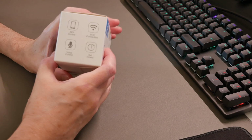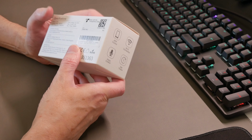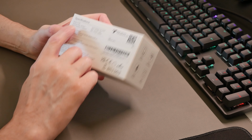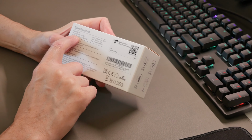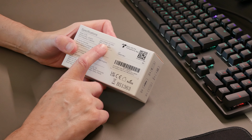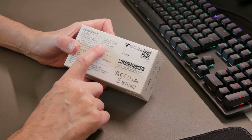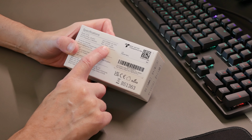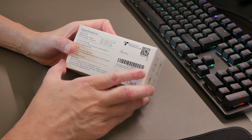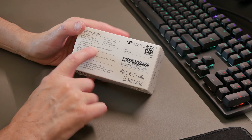So on the side of the box we get app control, Wi-Fi connection, set timers, voice control, and then we get the model number. So the model number for these are ET35. The working temperature is between -20 and +50 degrees Celsius. The input voltage is between 100 and 230 volts AC. The maximum current is 13 amps, and the maximum power it can take to power a device is 2,990 watts. There also is a 24-month warranty,